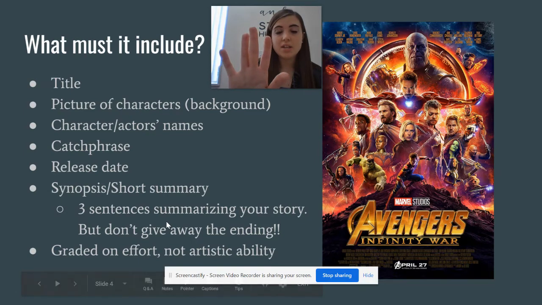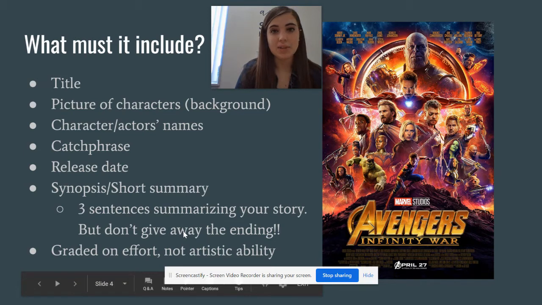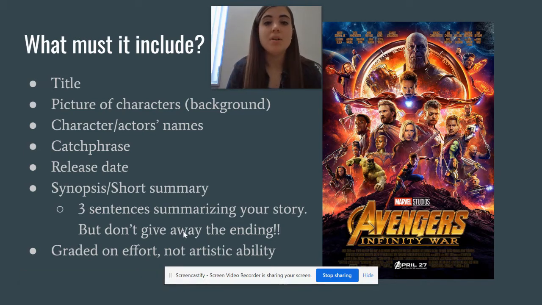So on the front, you're going to have this kind of a picture with all of these things on it. And then on the back, you're going to have written 3 sentences summarizing your story, not giving away the ending. Let me show you an example of